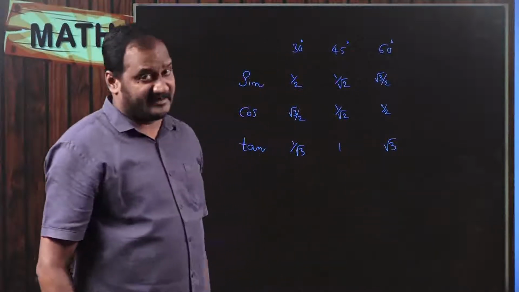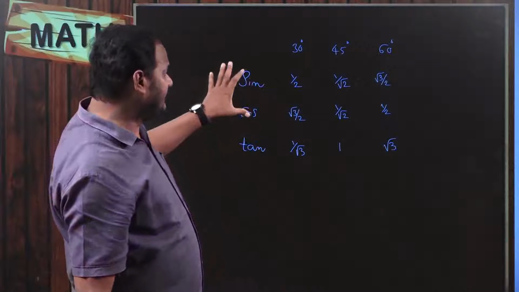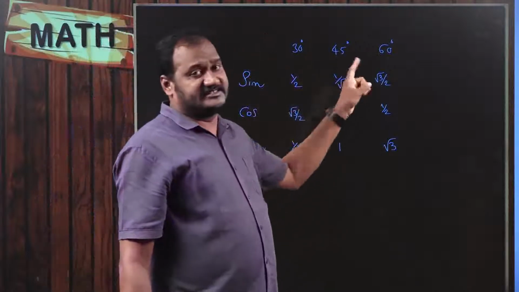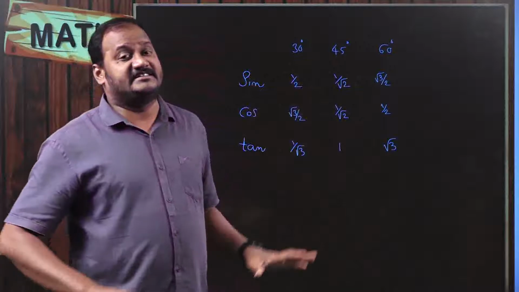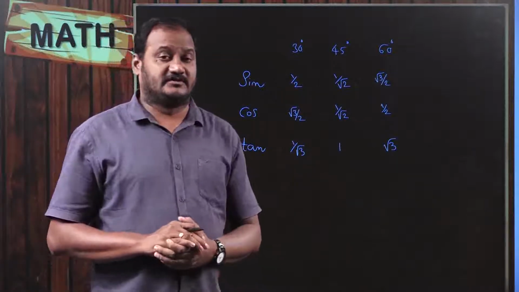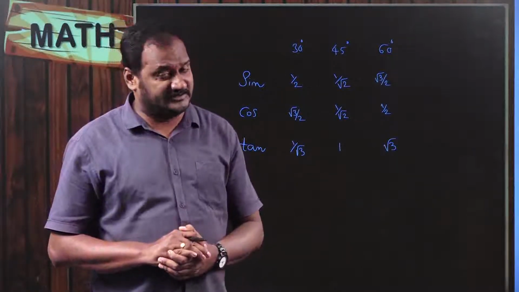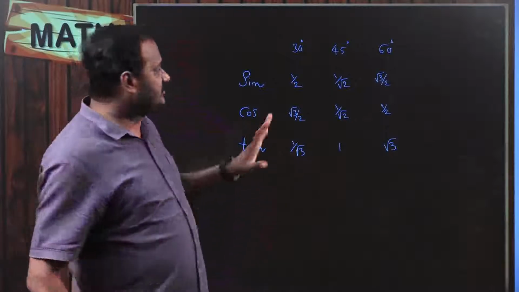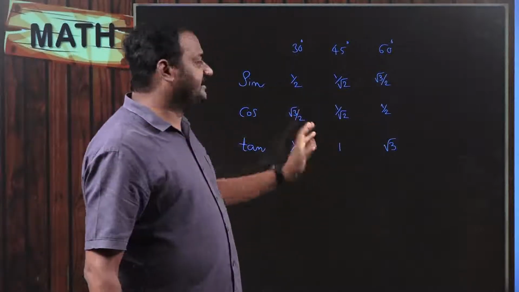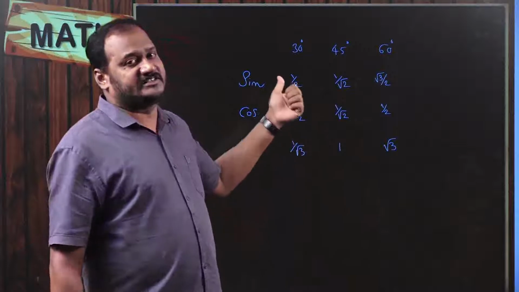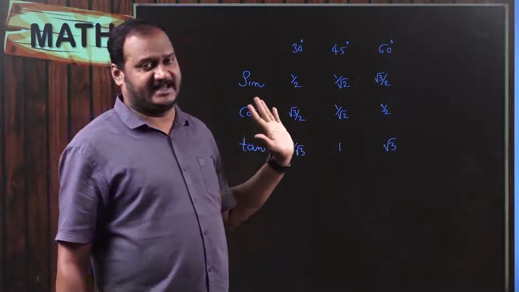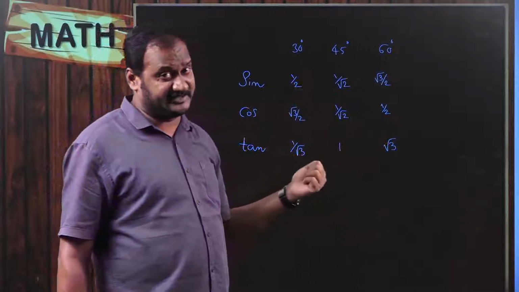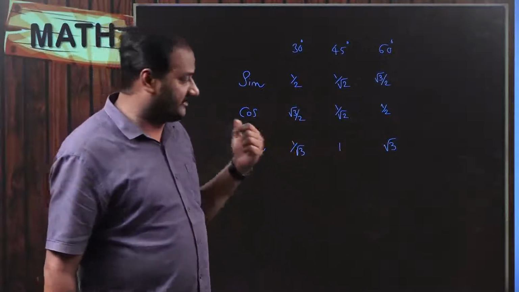If I remember the values of sine, cos, tan at 30 degrees, 45 degrees, 60 degrees, then these are very much useful in order to solve problems given in applications of trigonometry, right? So please do remember these 3 into 3, equal to 9 values for sine, cos as well as tan. Hope you understand. Let us get into the problems which were given in previous board examinations and how to solve them, right?